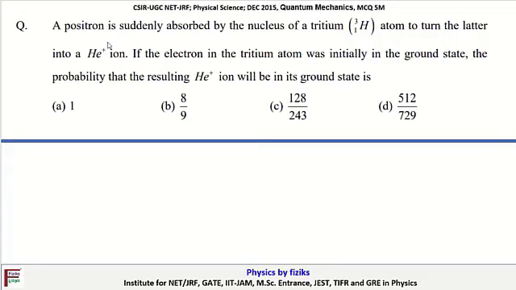A positron is suddenly absorbed by the nucleus of a tritium atom to turn the latter into helium ion. If the electron in the tritium atom was initially in the ground state, the probability that the resulting He ion will be in its ground state is. So,